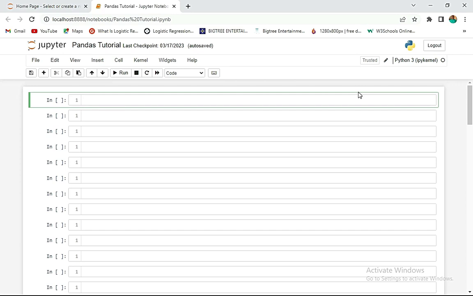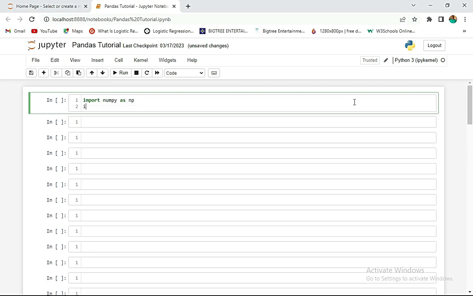Then now we'll be looking at how we can create series. So how to create series? First of all, you import the required libraries. So first of all, you have to import NumPy, because we will be dealing with array-like objects. We're dealing with ndarrays. Then we'll also import